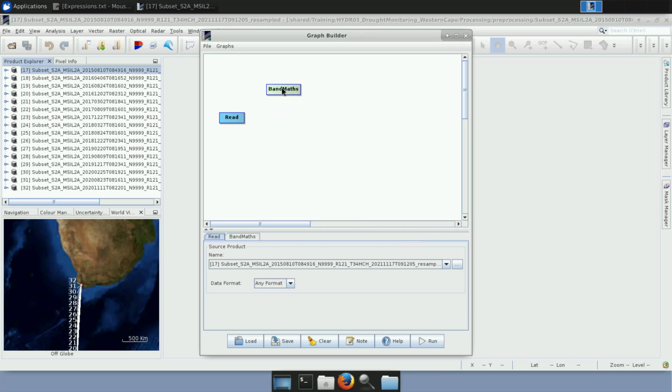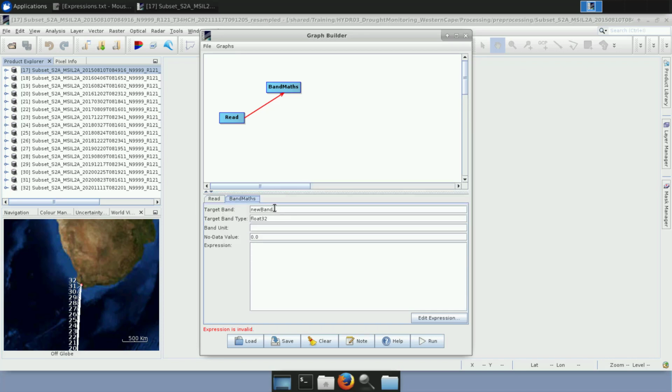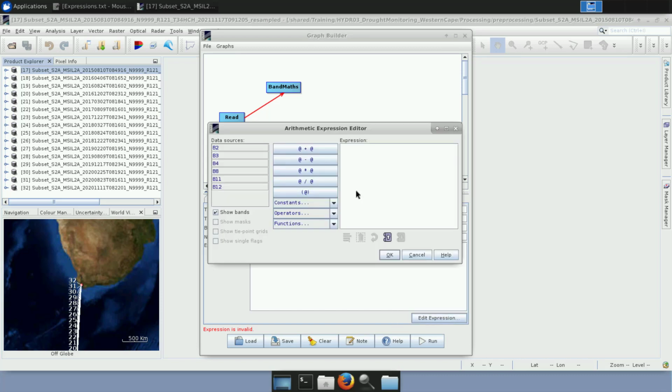And here the first BandMaths operator will appear. I connect it with the read operator, and with this tool I will calculate the first water radiometric index I want to use. And in this case it will be the Normalized Difference Water Index. So I will just write a short name of this index, NDWI. And here I will go to edit expression to state the ratio which we want to calculate to obtain this